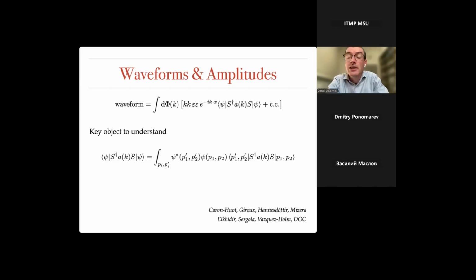There is a connection here to another interesting topic, which is the BMS frame, the large gauge transformations. Large gauge transformations act on these waveforms, and they act precisely as a shift of the retarded time. Anyway, I don't know if BMS is a topic that interests you. It's something that's arisen in this context. I think it's very interesting. A connection between infrared physics of scattering amplitudes and large gauge symmetries of general relativity. Okay, thank you.